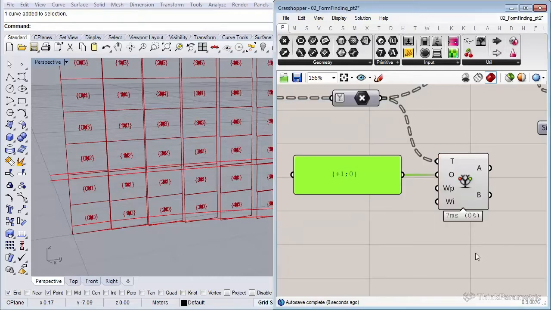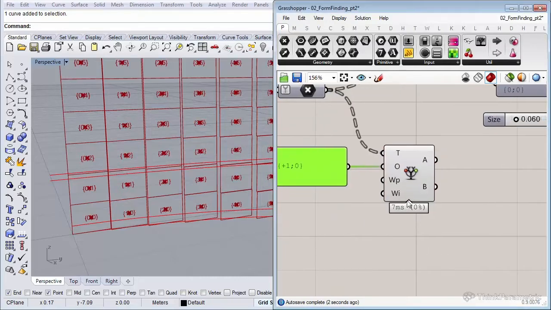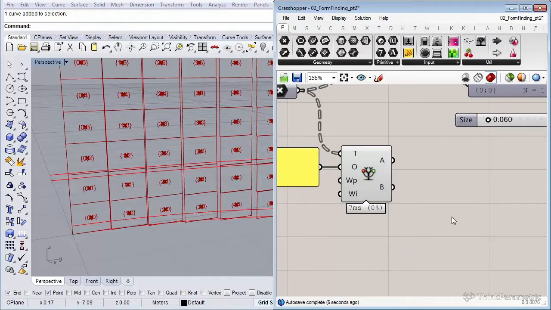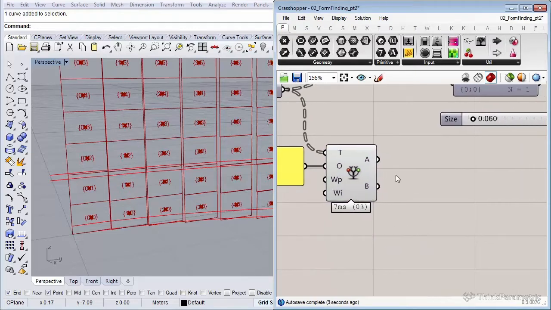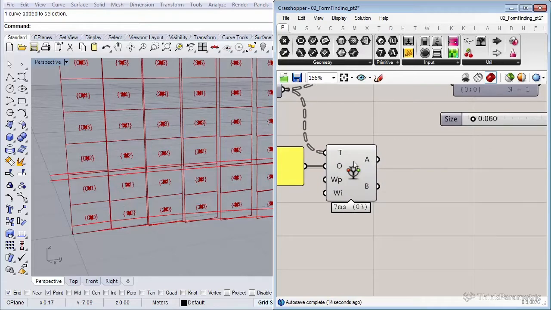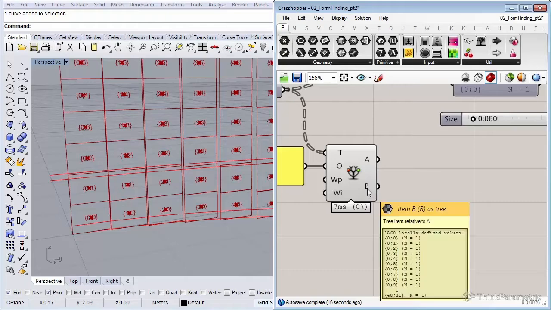So as you can see, nothing much has happened. Only the components turned from red to light gray. So at least that's something. So the A output is our original item. We inserted in our T, so that didn't change. But the B, that's the offset. That's the item that's relative to our offset we specified, our +1.